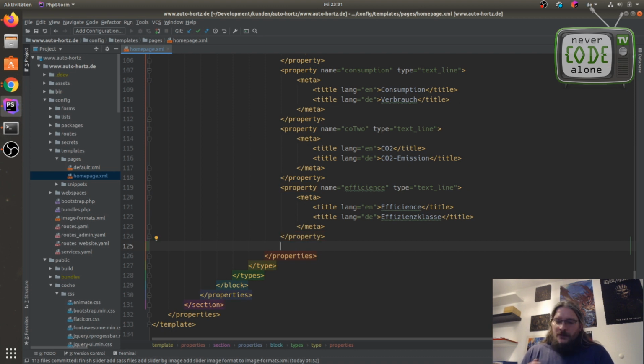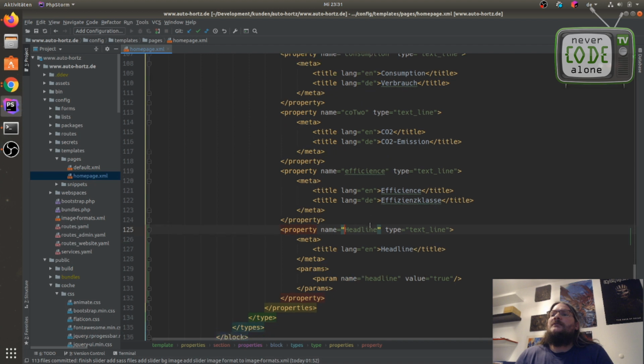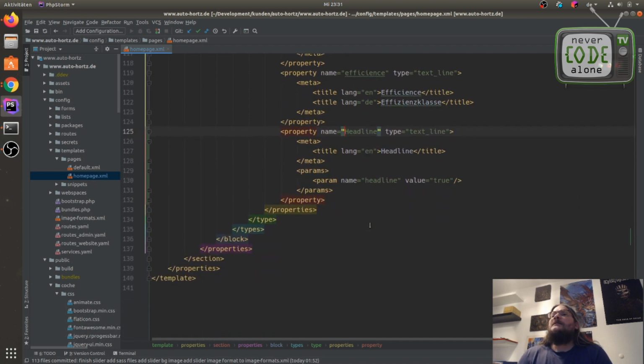So I will add a headline, the Zulu headline. The Zulu headline has here some little improvement, because the name, the key for my Twig, has now headline.